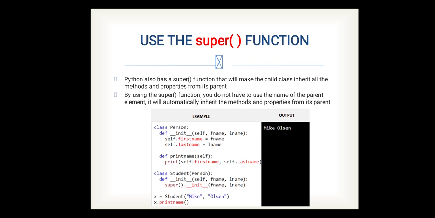So I am just directly going to specify the super function and directly specify the method. Okay, so it is directly going to give access of the parent class to the child class. When we are creating an object of the second class, passing the values for the specific parameters and just calling a method of the parent class, it is going to execute, or we can say access, the method of the parent class using a child class object, and it is going to print the result Mike Olsen.